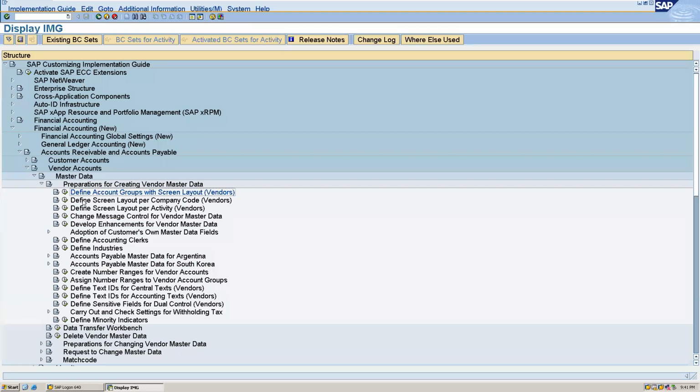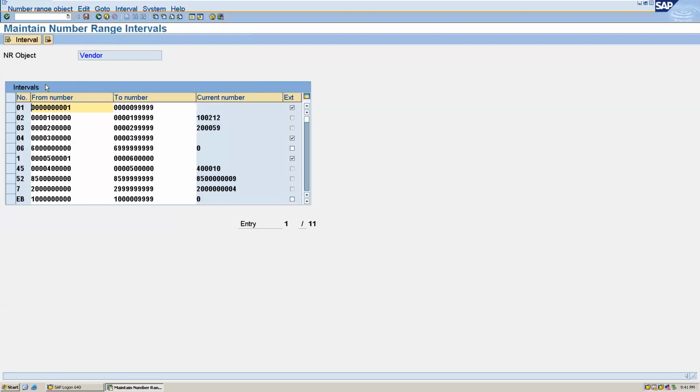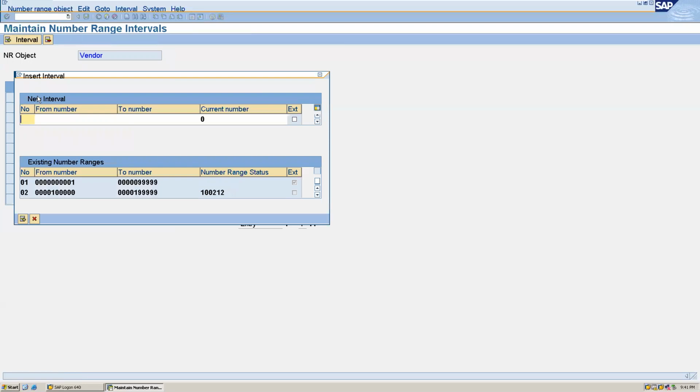Go back. You could see here, create number ranges for vendor accounts. Intervals. Here we will create. First one will be A1, from number. Without overlap, you have to maintain.